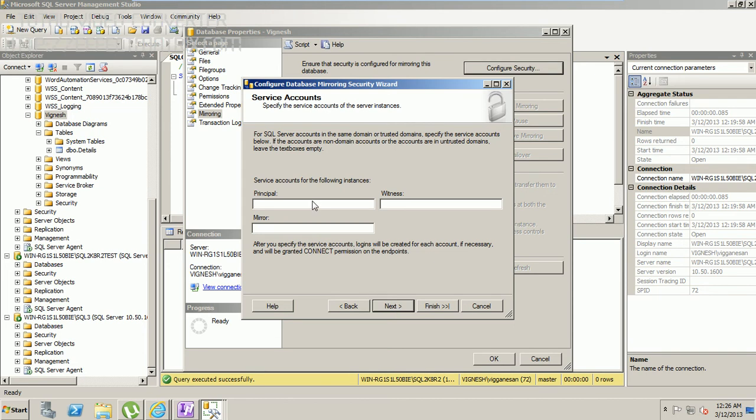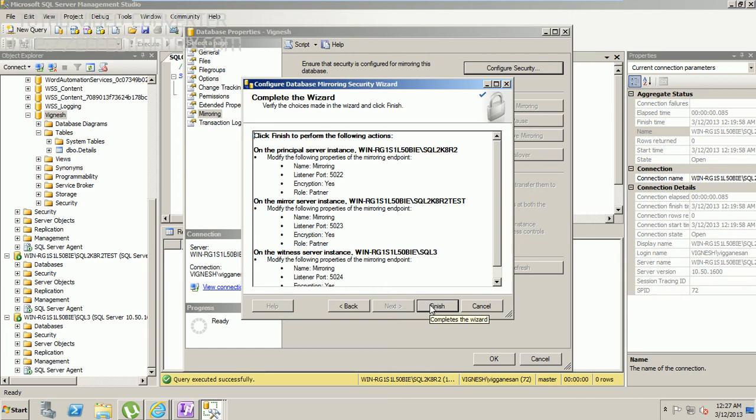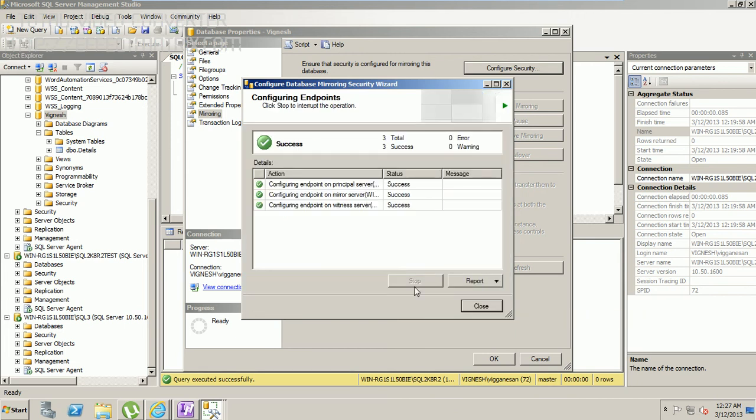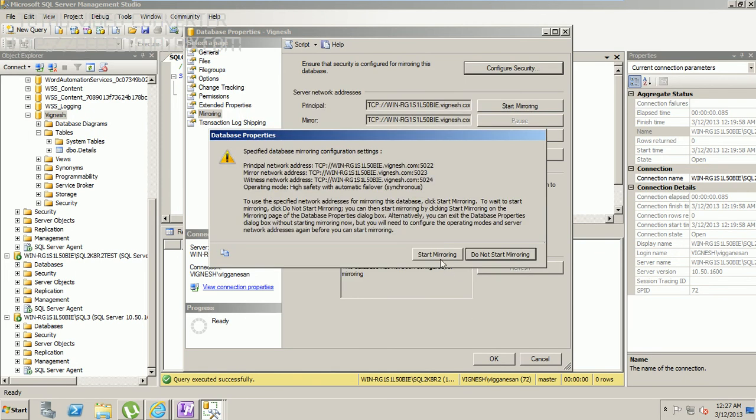And that's it. If you have any specific service accounts while you are trying to install SQL, there is a place while you install the software where it might ask you for specifying different service accounts. This is commonly used at corporate level. Since we are just doing testing, you can leave it because we gave the same service account name for all the installations. Say next, say finish. You see everything is a success. Go ahead and say close.